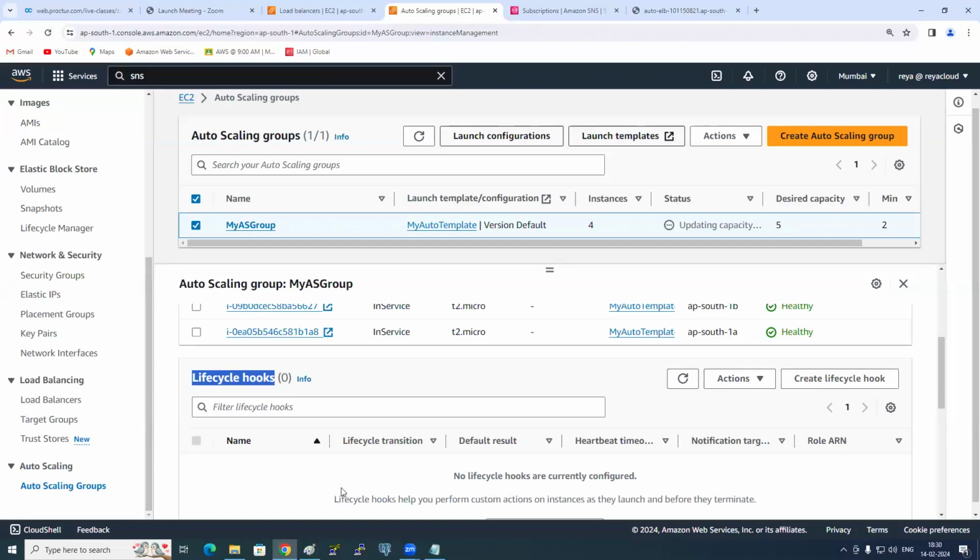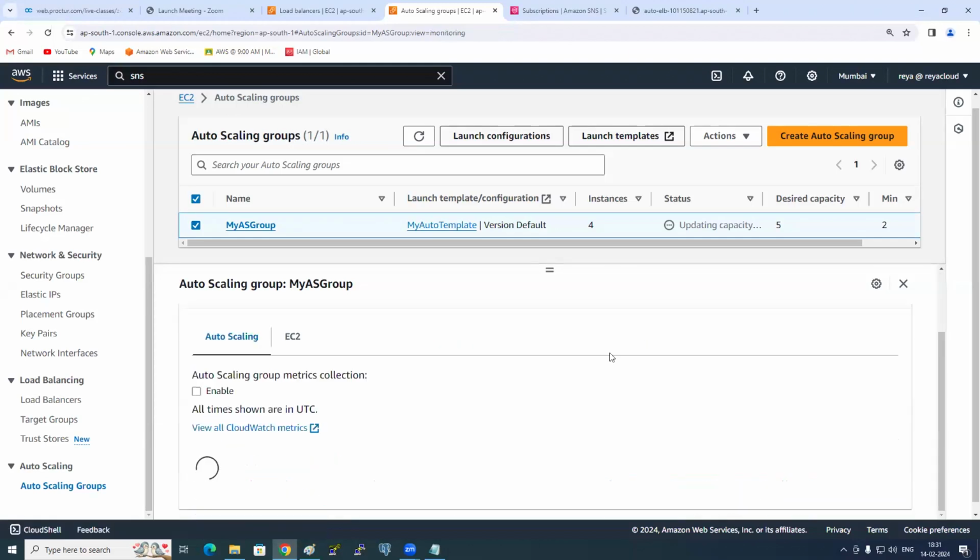What the developers do is, after pending and before running, they will halt the machine, log in inside it, and then do some activities. While terminating also, before shutting down or before terminate, you can do some customized action using lifecycle hooks. If at all you want that, you can use the lifecycle hooks. Otherwise, not required.